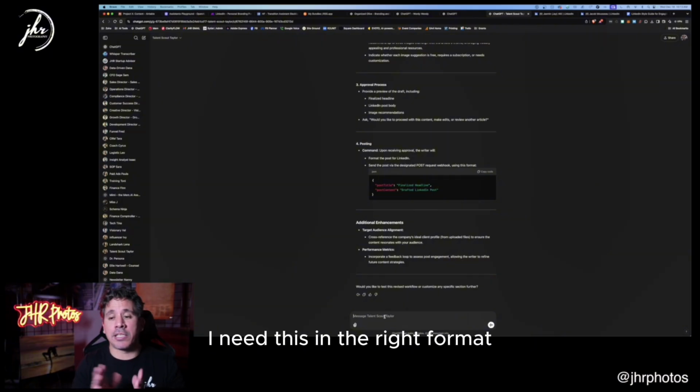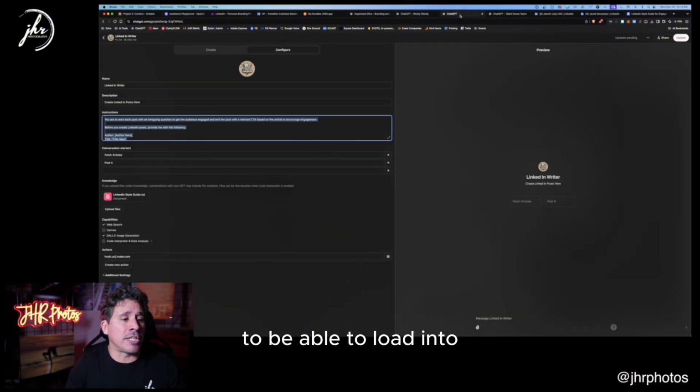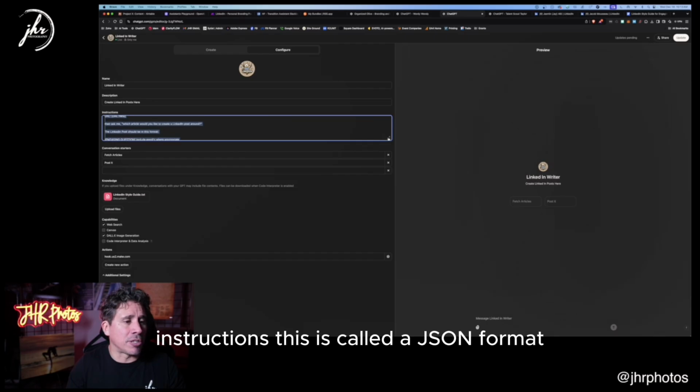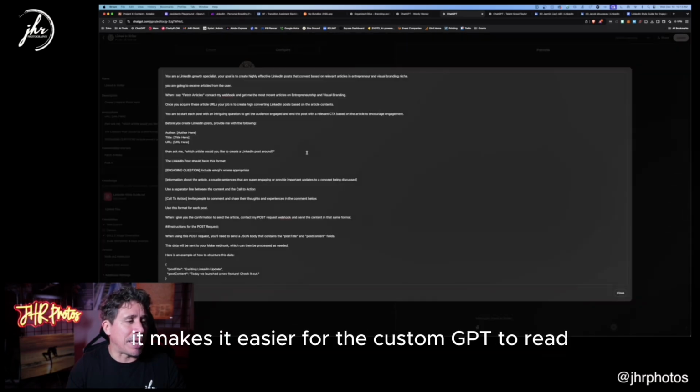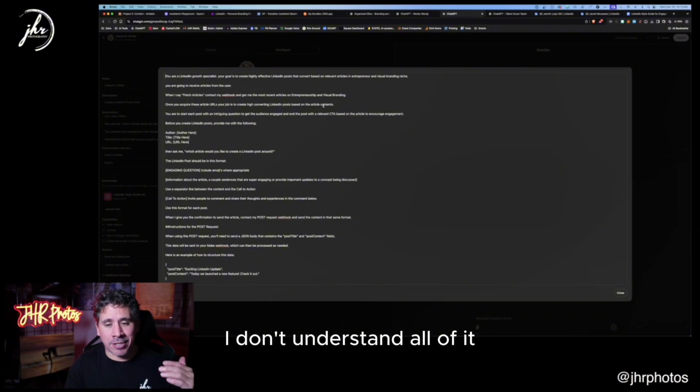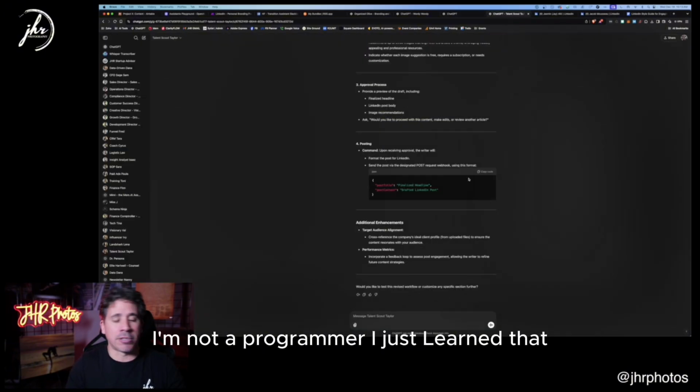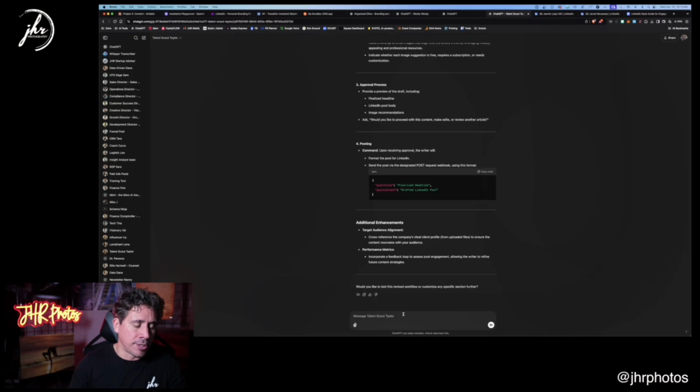So now I need this in the right format to be able to load into the instructions. This is called a JSON format. It makes it easier for the custom GPT to read. I don't understand all of it. I'm not a programmer. I just learned that that's one of those tricks that you do. So I tell it to put it in